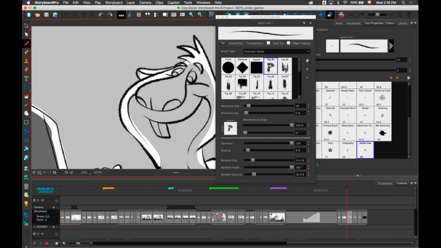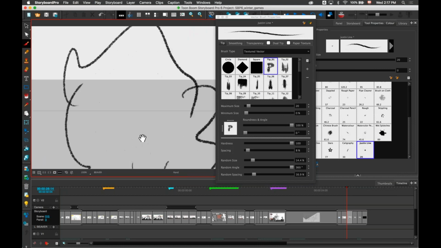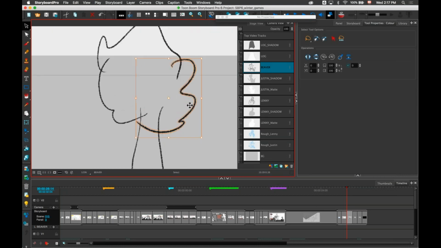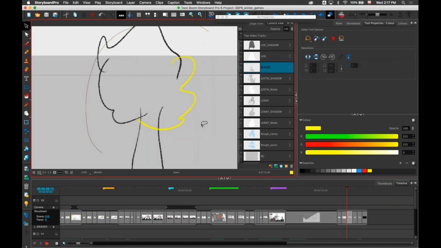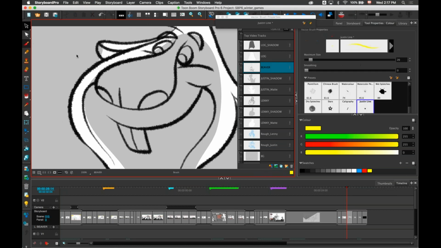So now I have the quality of a bitmap brush. If I draw something here, I really have the quality of a bitmap brush, but it's a vector brush, which means that I can select each individual stroke and modify it, move it around, scale it, rotate it, skew it, whatever I want, even change the color as I would on a normal vector. So I have the look of a bitmap brush, but I'm using an actual vector.